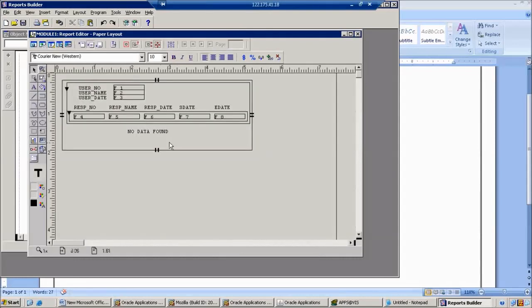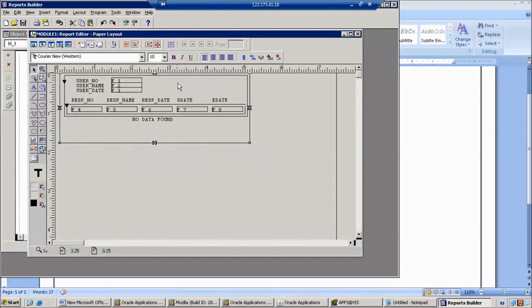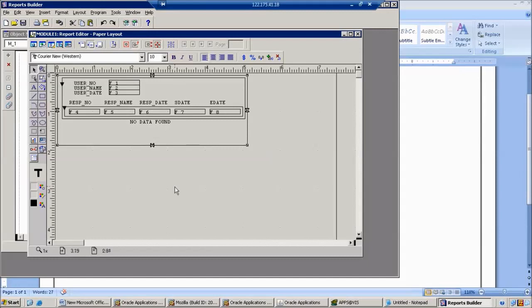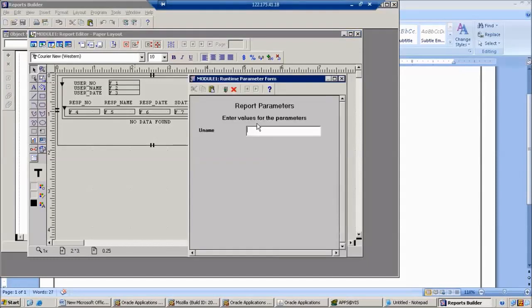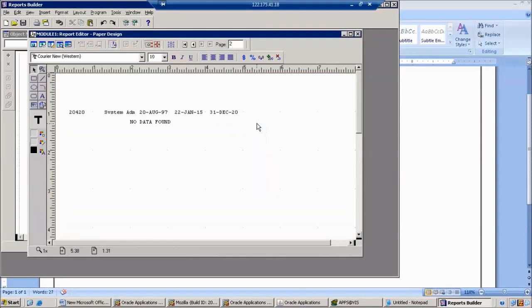But here I don't want to display this no data found whenever we are getting the data. So when is it going to display? Only whenever we don't have any data for our user, then only we display no data found.